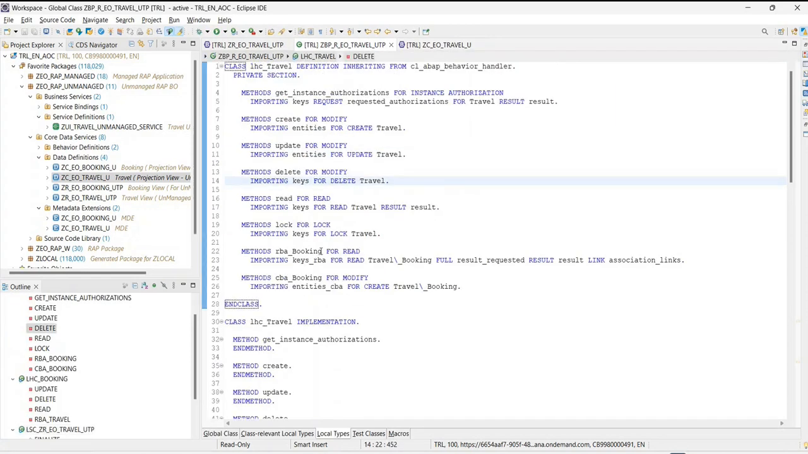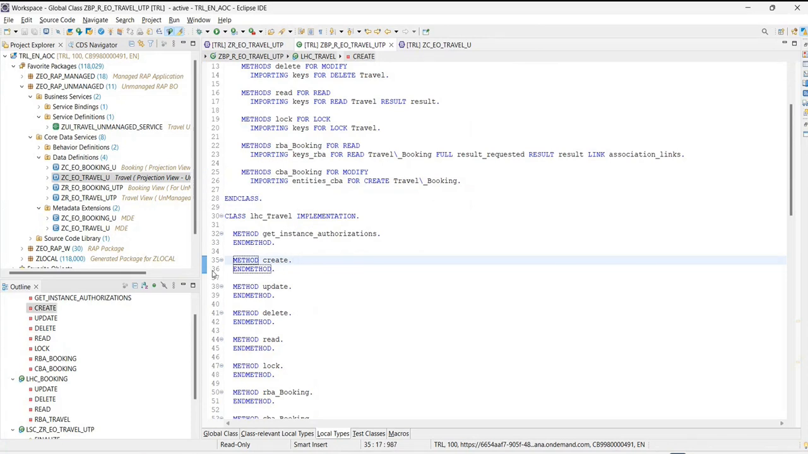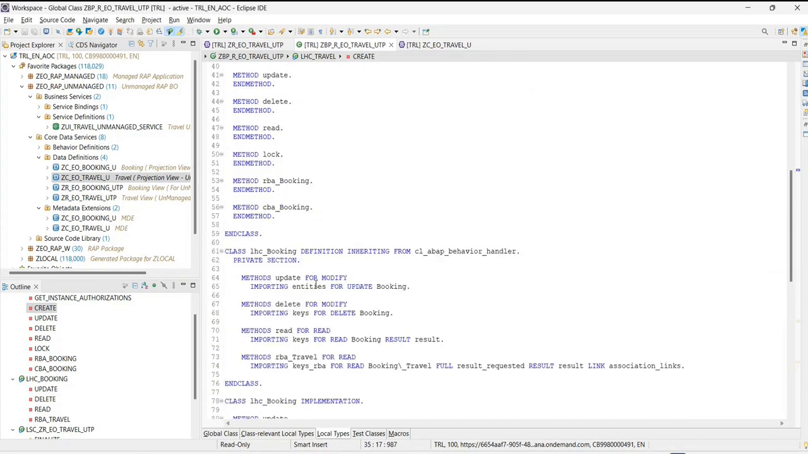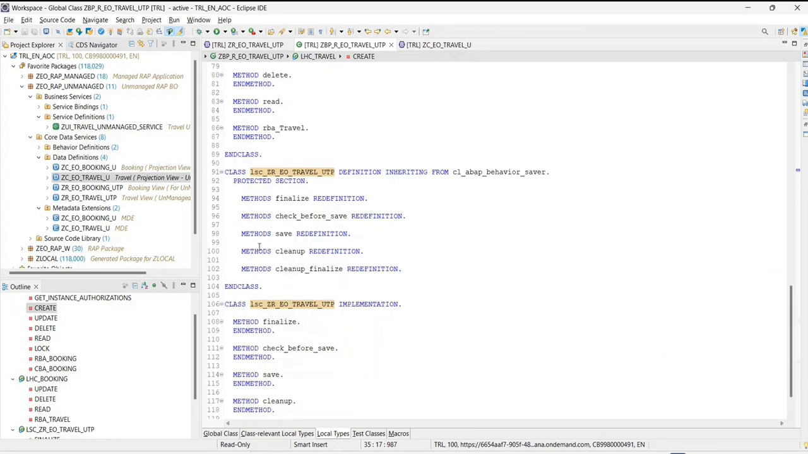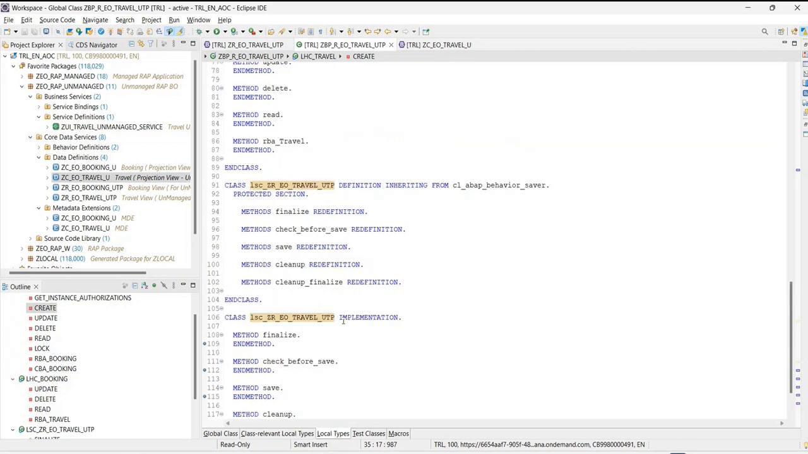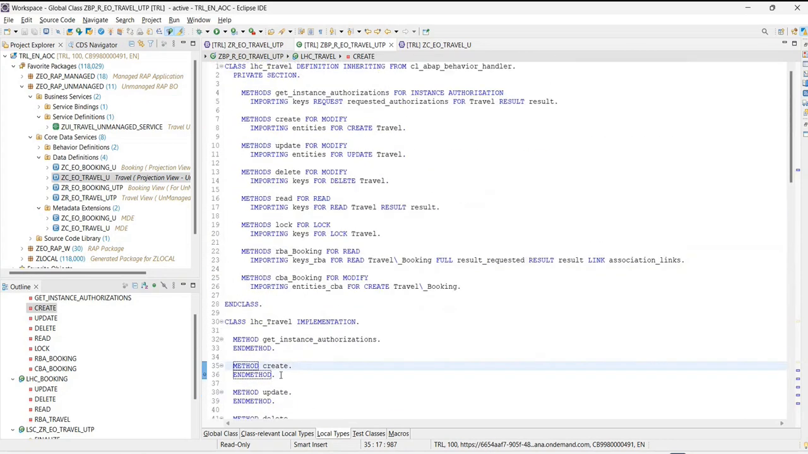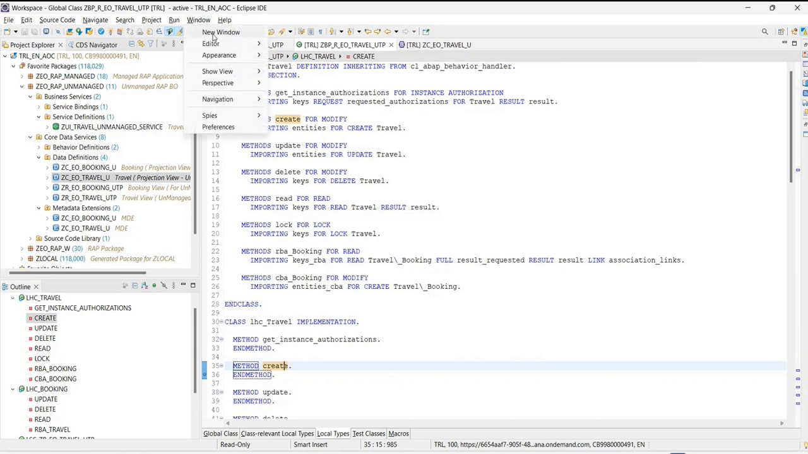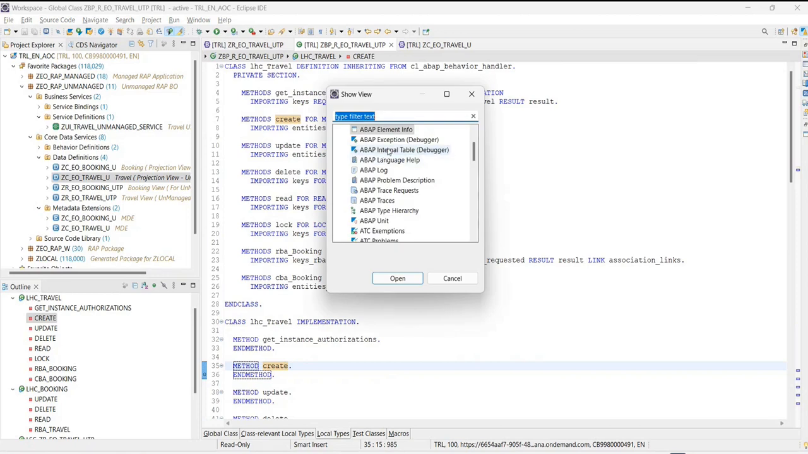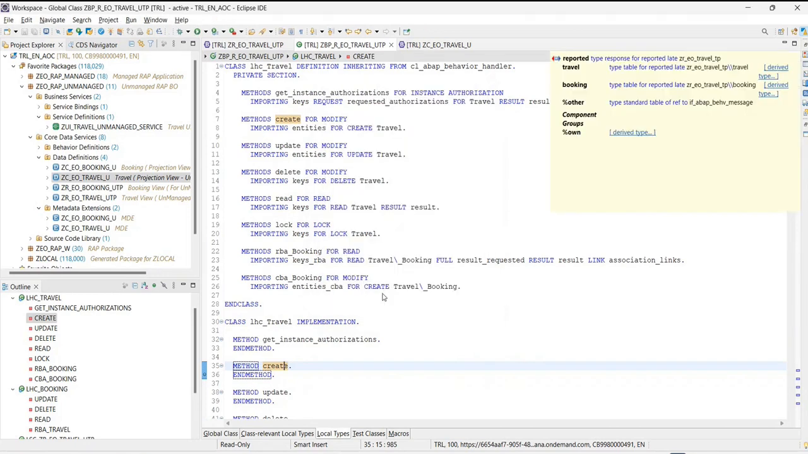So now if we see the cycle of the execution, how it behaves, for example, I'll put a breakpoint for our understanding in the method, which is create. And then we'll put the cursor in the finalize, check before save, cleanup. So you would see that there is something called create. If I go over here and try to view the element info, I'll show view, other, and ABAP element info. The moment you open this,